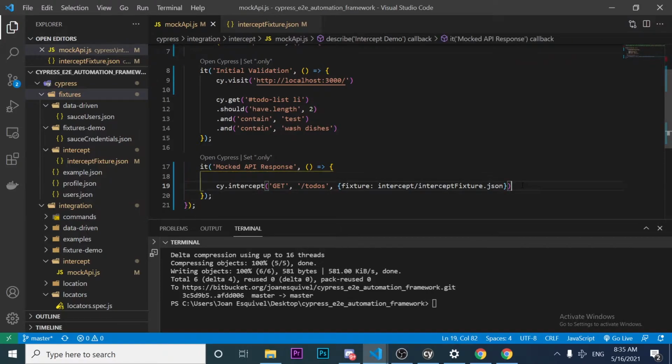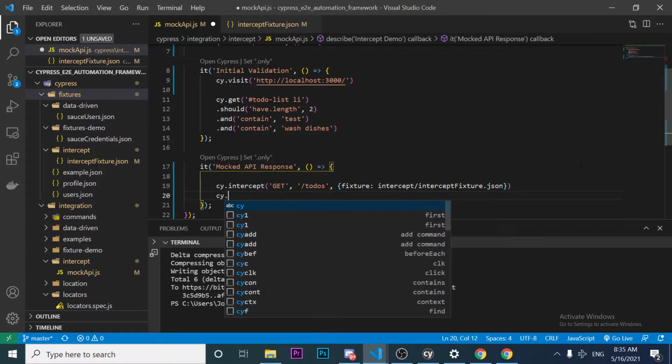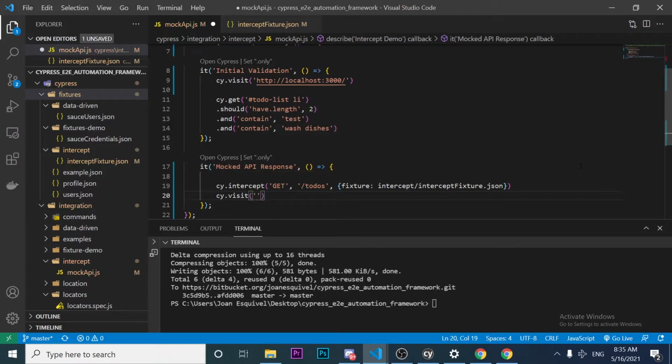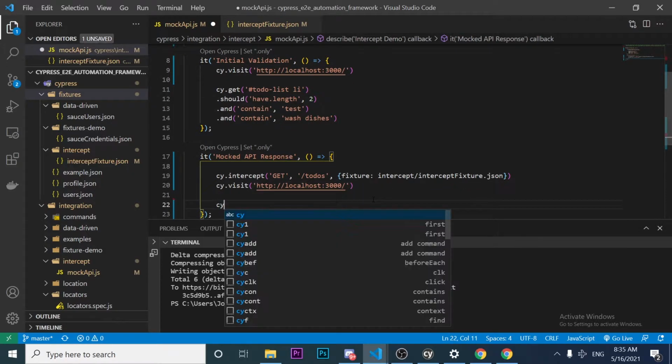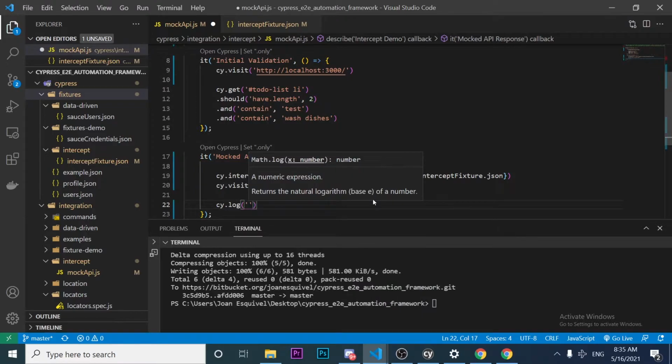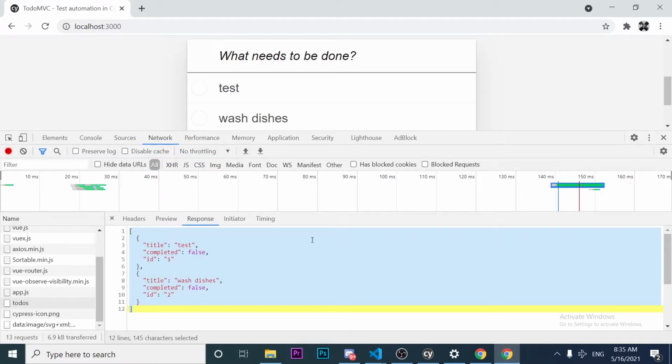Once I have done this, I think that the GET HTTP method and this request is going to be intercepted, and we're going to pass the parameters or the response that we have in the fixture file, okay? Now I just have to do a cy.visit. It is going to have the same value that I have inside of the first it, and if I log, for example, a test, just to make sure that the intercept is working, and I come to